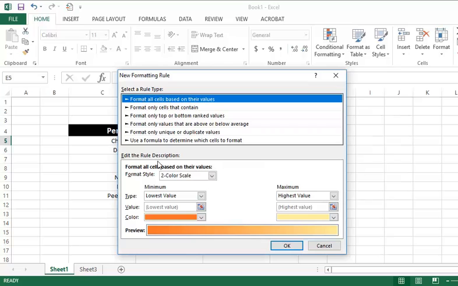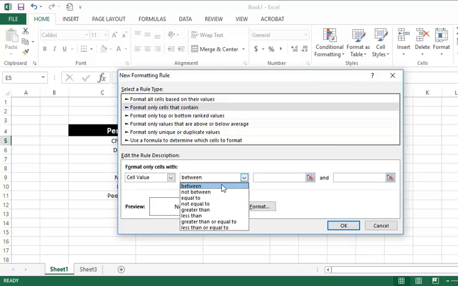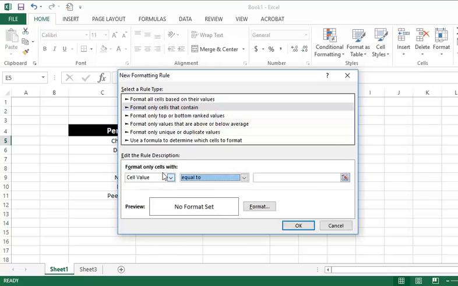So that's conditional formatting, new rule. Now when this pops up, you're going to see a lot of different options. Don't get too intimidated by this. You can't really screw anything up here. It's pretty straightforward. You want to click on the second one down that says format only cells that contain, and then you're going to set up some criteria. So you're going to go down to the bottom of this where it says format only cells with, and then it says cell value. I'll click on the next one over that says equal to, so cell value is equal to,